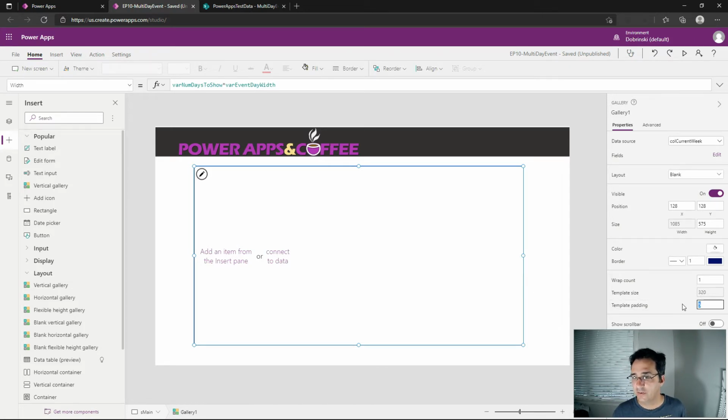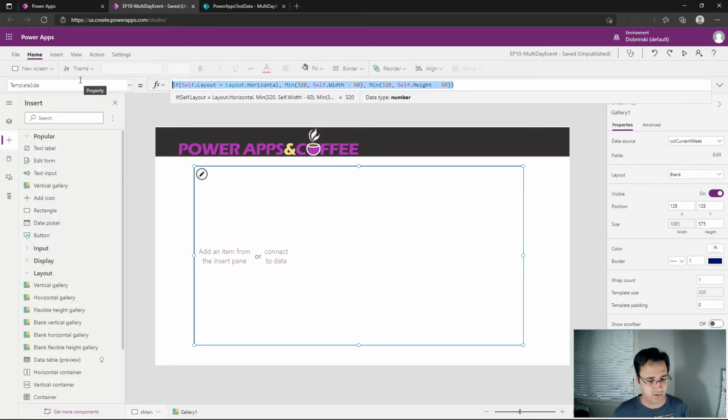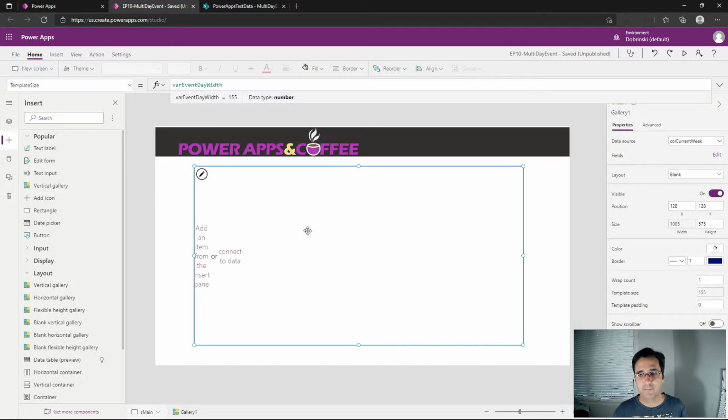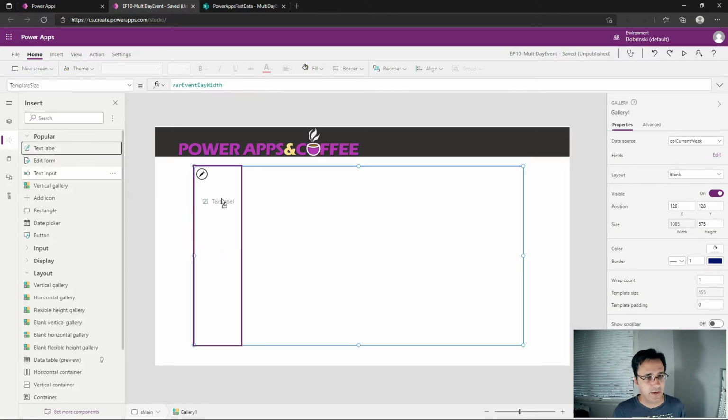We do need the template padding to 0, and our template size, which is the individual item width, our template size is not the default. It is going to be var event day width. Okay, so underneath all of this we have 7 days, equal width of our gallery, fueled by our current week collection. Excuse me. We will need a text label,